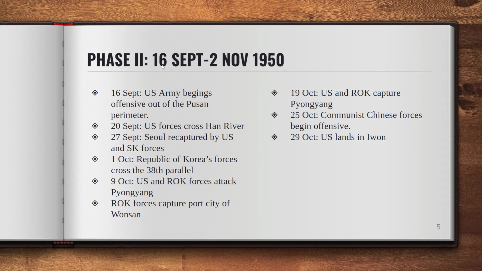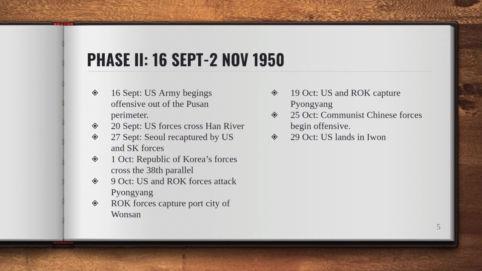And then phase two began on September 16th through the November 2nd of 1950. The US Army began their offensive out of the Pusan perimeter, and on the 20th of September, they crossed the Han River, and then the 27th, Seoul was recaptured by US and South Korean forces. And the 1st of October, the Republic of Korea crossed the 30th parallel, and the 9th of October, US and South Korean forces began their attack in Pyongyang, which is the capital city in North Korea, and